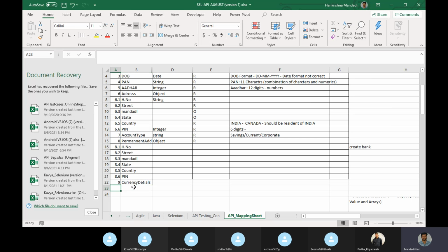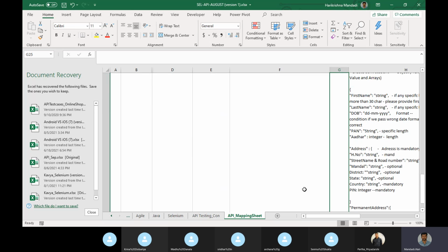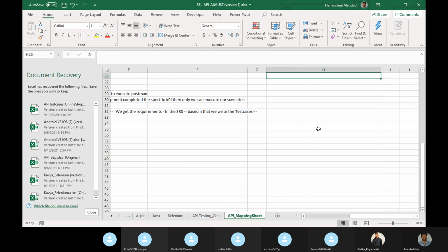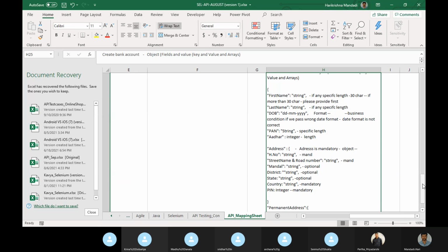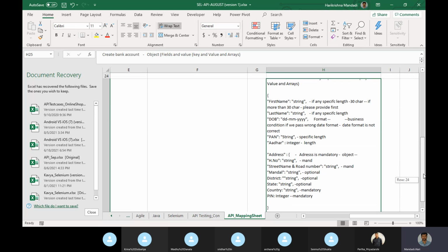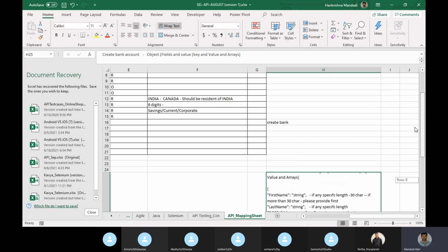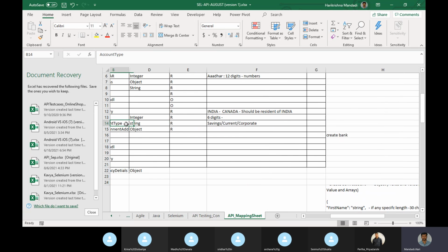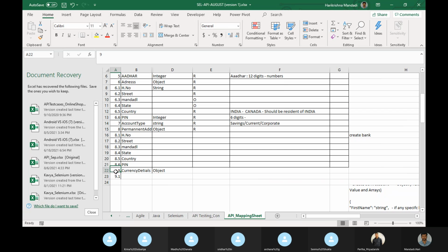We have this one object, and 9.1 again this one object. What is the object? So balance and currency details. First one is balance, not currency details. This one is 9.1.